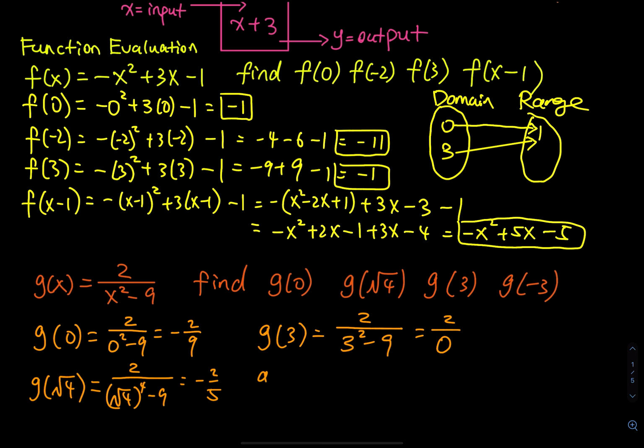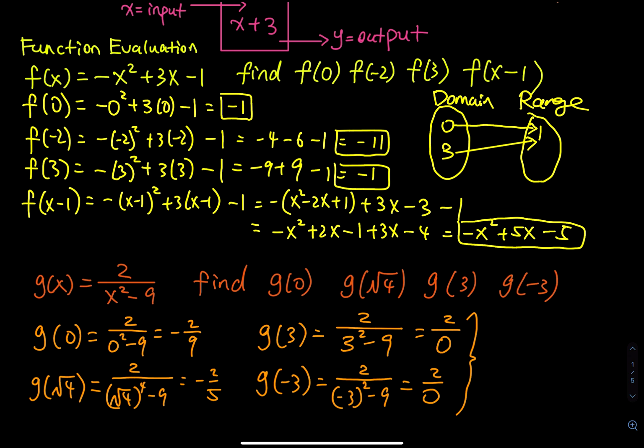How about negative 3? G of negative 3, you have 2 divided by negative 3 squared, 9 minus 9. You have 2 divided by 0 again. This is also undefined. All right? Please don't say 2 divided by 0 is 0. That is a horrible mistake. So undefined. All right, that is how the function works, and that's how the function